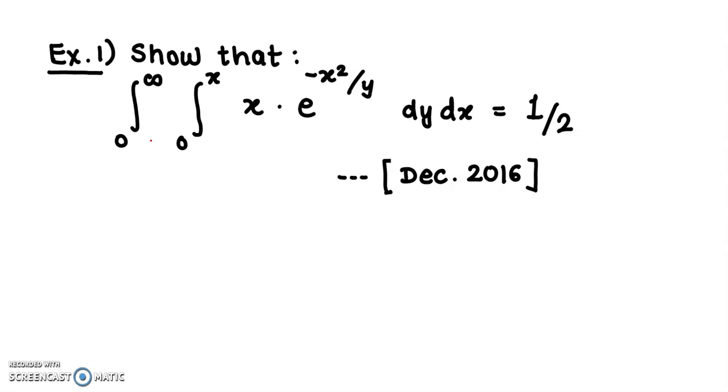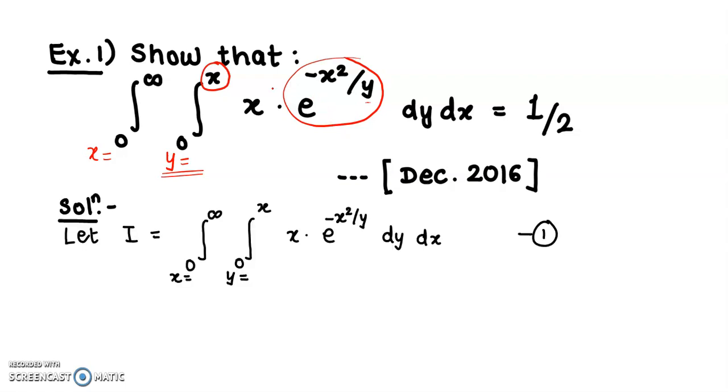Since we are observing variable x in the range of integration, this is the range for variable y and the remaining range is for variable x. Now we need to integrate this function with respect to y, but the function containing variable y is an exponential function where y lies in the denominator, in the power term. So it is a little difficult to evaluate this integration with respect to y first. So we consider I as the integration along with the range for variable x and variable y. We denote that equation by equation number 1.